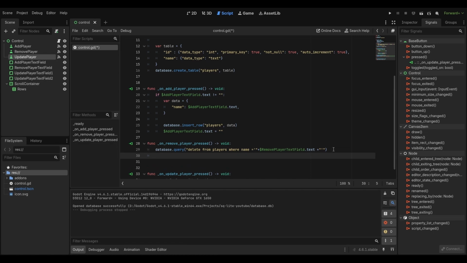Now I want to free the remove text field and make it empty again when we remove